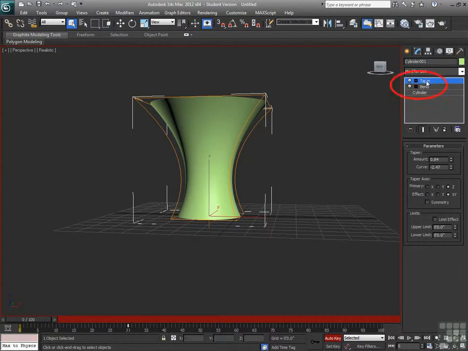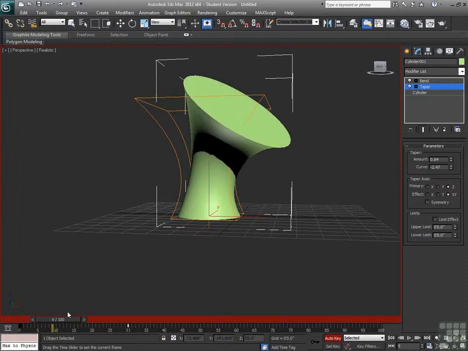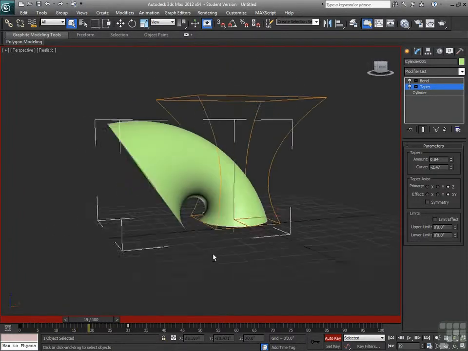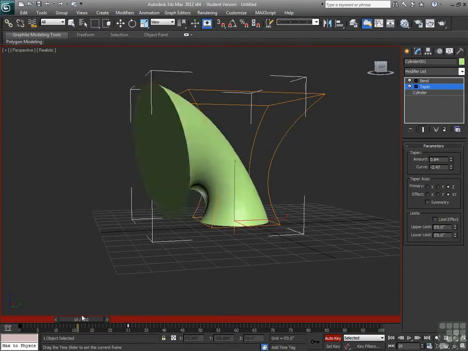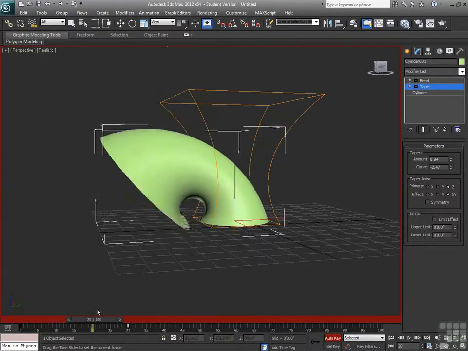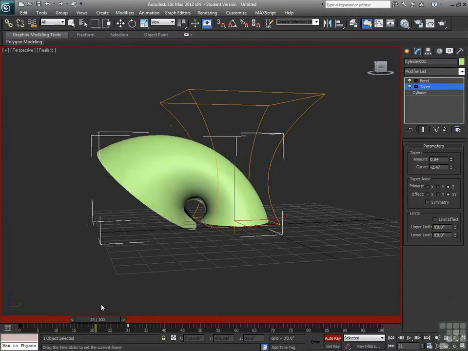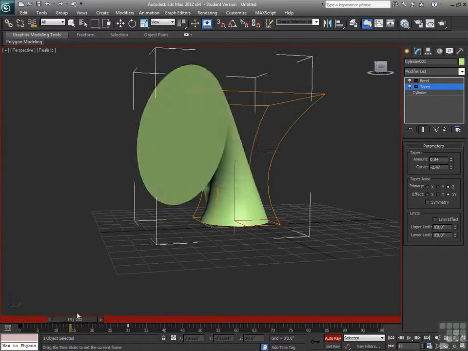So all we need to do is drag that taper modifier down below the bend. Now what's happening is that my cylinder is being tapered and then being bent. So the lowest thing down in the stack is what's happening first. So now, as we scrub through here, our tapered cylinder gets bent over. So the order of modifiers in the stack can make a real big difference as to how your object works